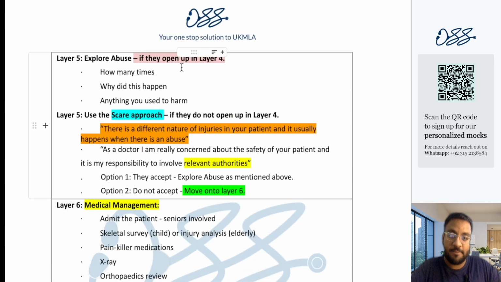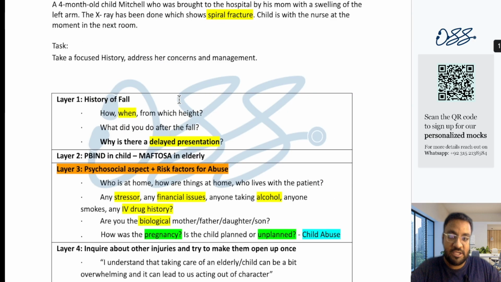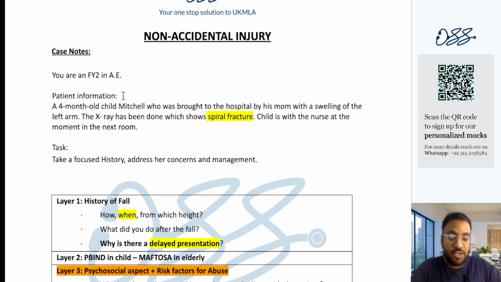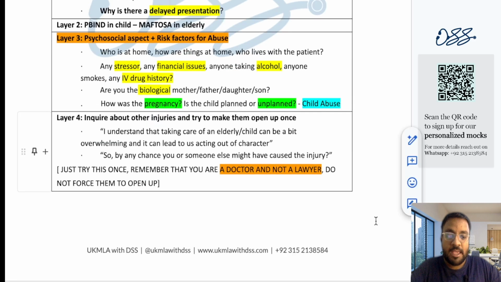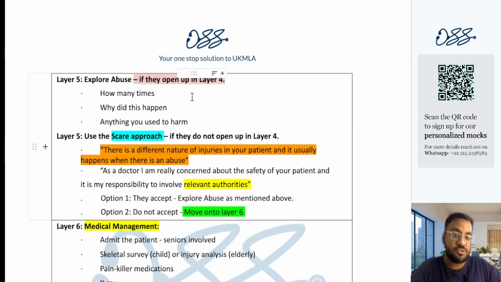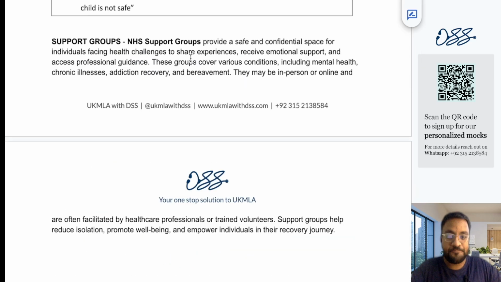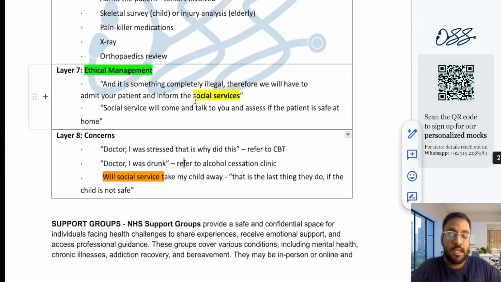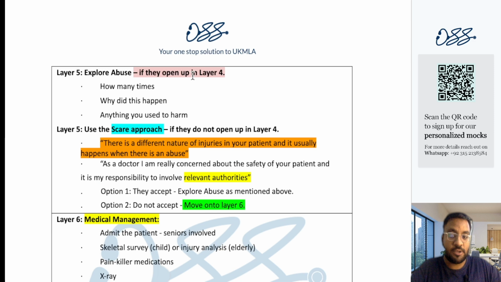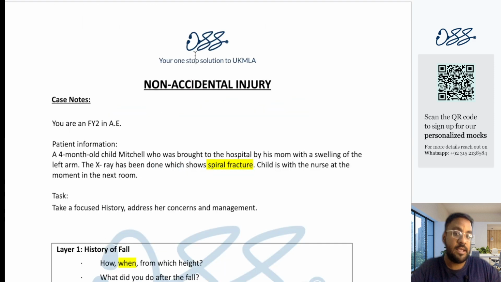Okay, do not try to become a member of the social service. You are an FY2 in the A&E. You're not an FY2 in the social service, and you're not a representative of the social service. So make sure that you are aware of these tips and tricks, and make sure that you are following the structure, because this type of station can get really tricky, and it can get difficult to manage and difficult to control. Okay, so yeah,